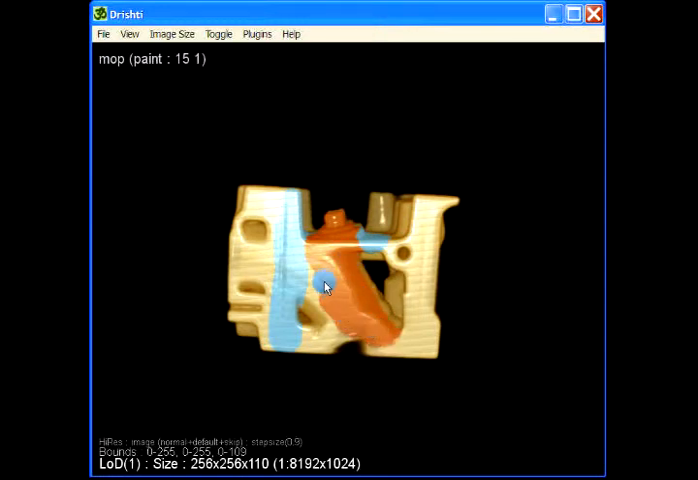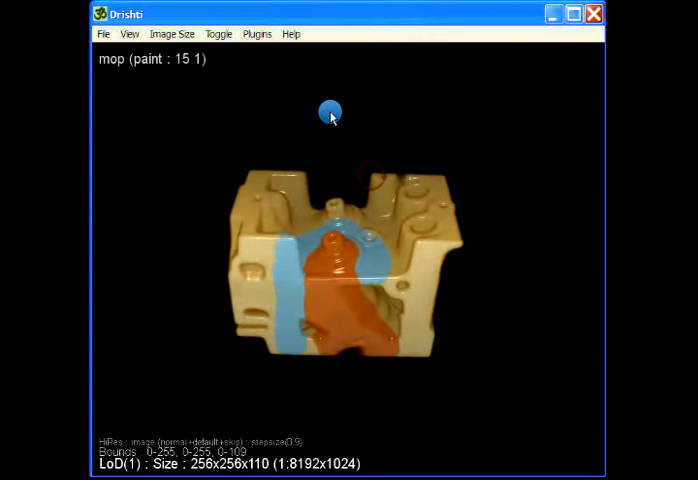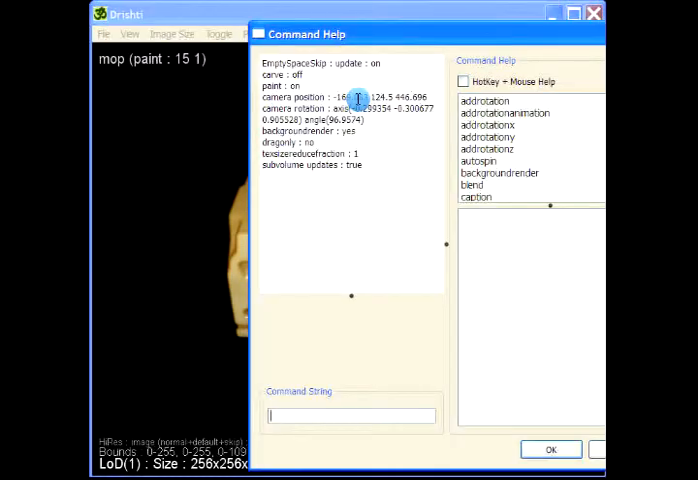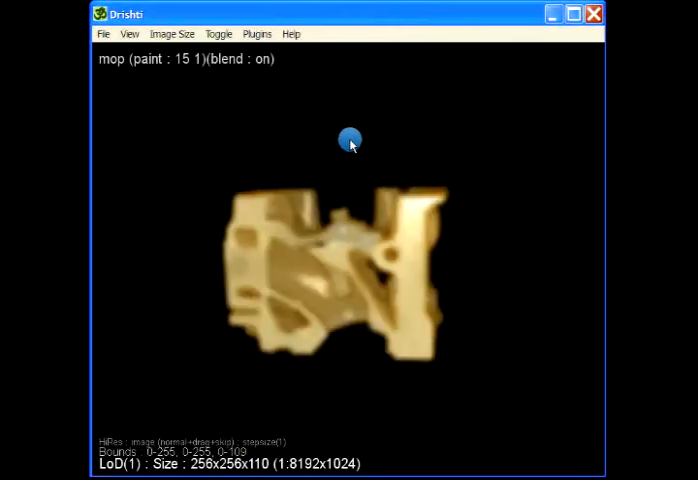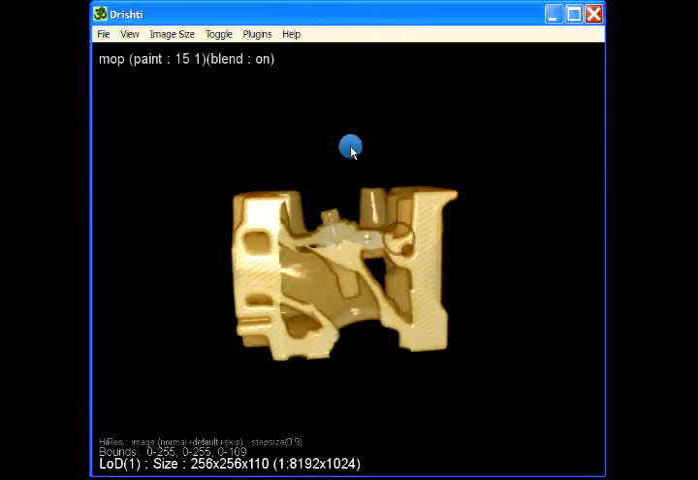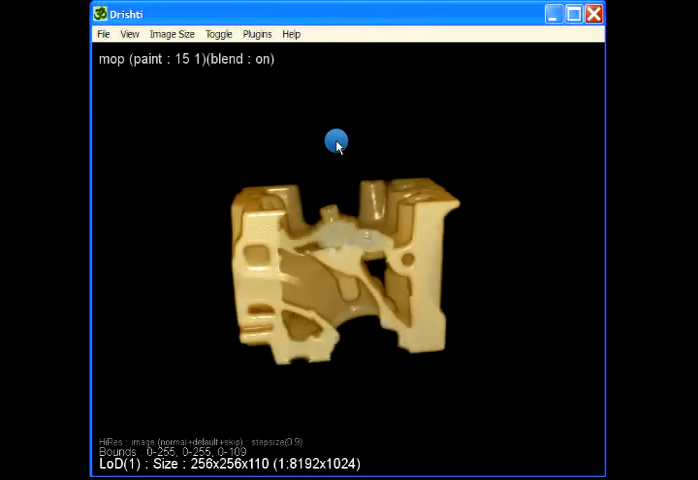Now once I have done this painting, what I would like to really do is, instead of applying the color, I would like to apply a transfer function. So let's turn on the blend mode in the mop. So press spacebar and then give mop and blend. So mop blend. So now blend is on, and what blend will do is wherever your tag values